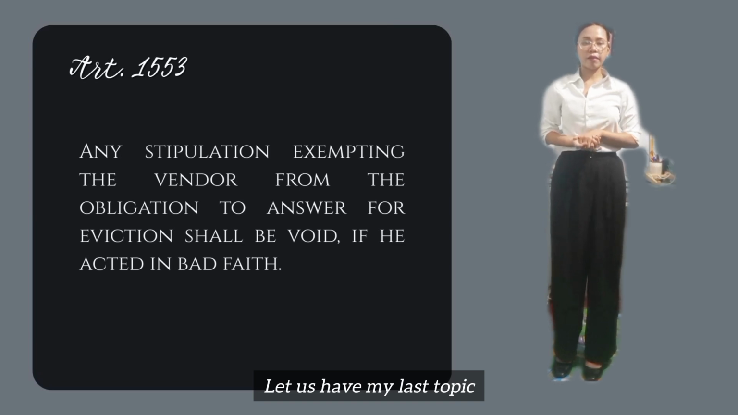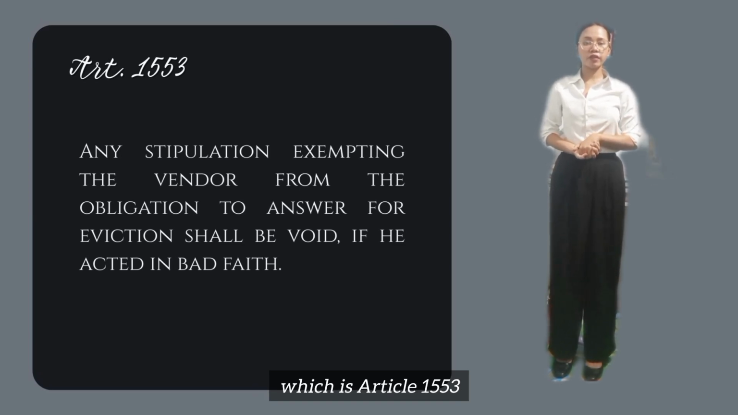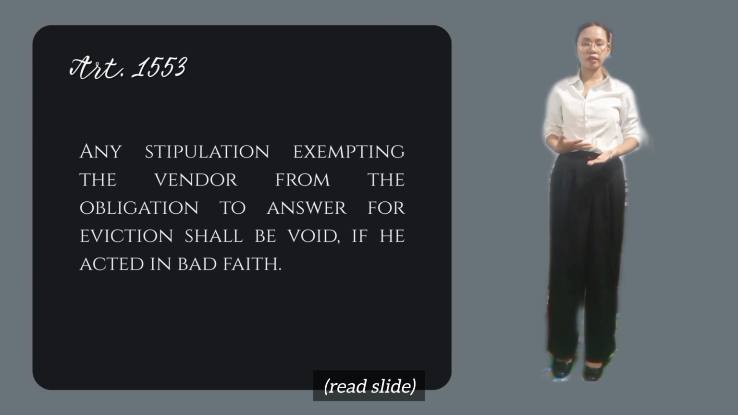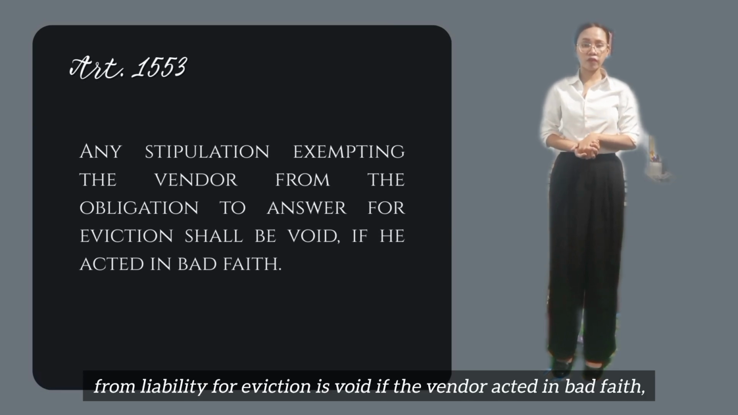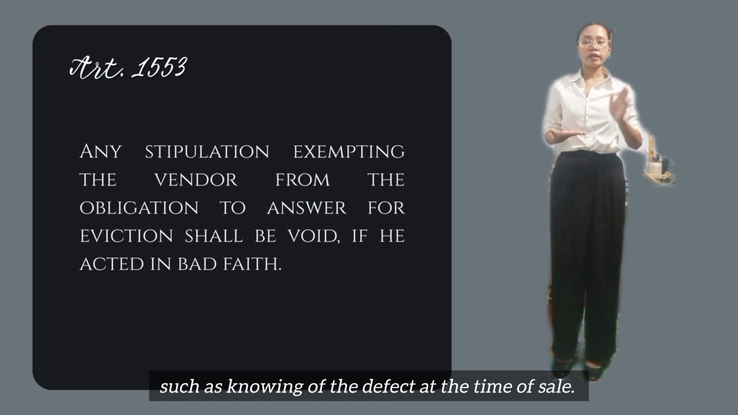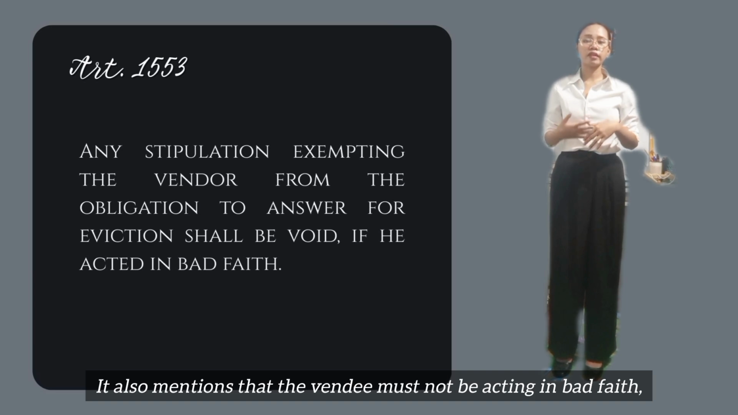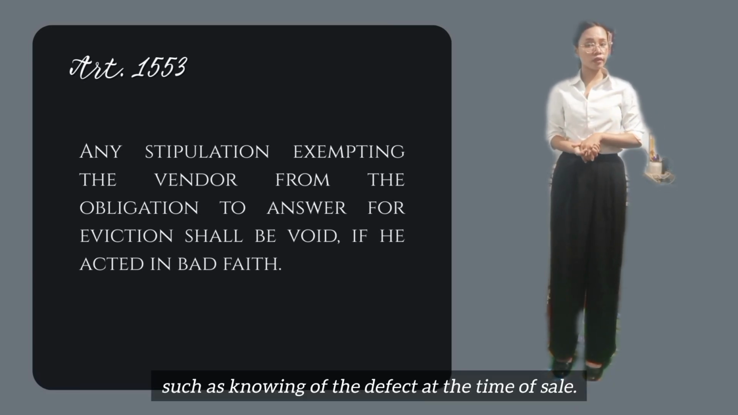Let us have my last topic, which is Article 1553, a stipulation exempting the vendor from the obligation to answer for eviction should be void if he acted in bad faith. It explains that any stipulation or agreement exempting the vendor from liability for eviction is void if the vendor acted in bad faith, such as, for example, knowing of the defect at the time of sale. It also mentioned that the vendee must not be acting in bad faith, such as knowing of the defect at the